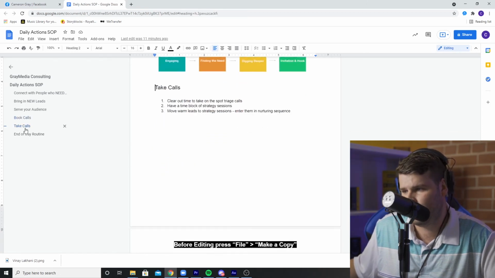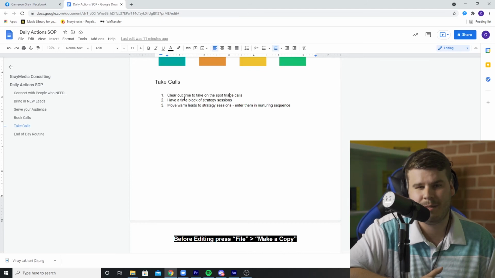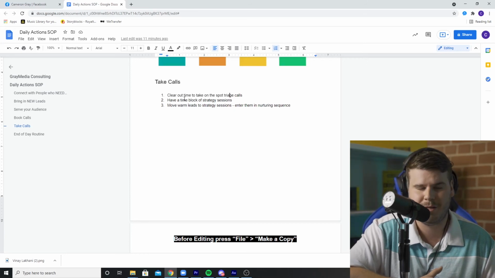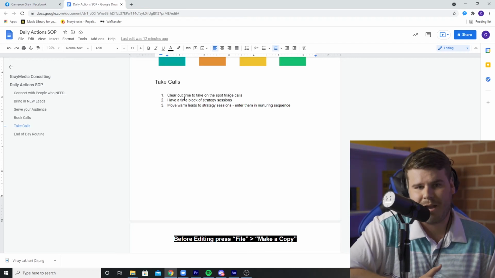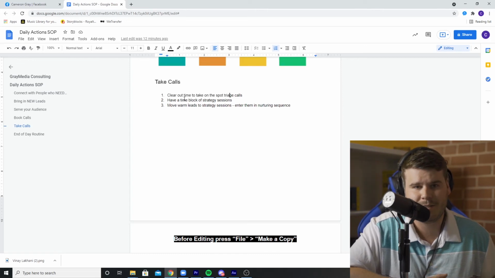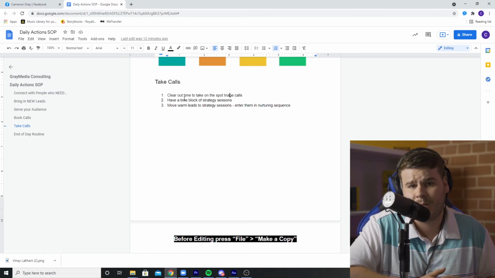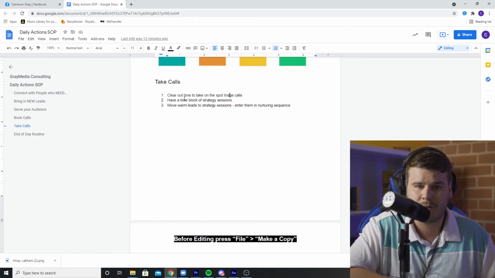Next thing you want to do on a regular basis is take calls. So make sure you're time blocking some time to be able to take triage calls. So that means like on the spot. Your triage is when you walk into a hospital and you want to talk to somebody and you want to get into the hospital. They're gonna ask those first questions to build the rapport with you. So you want to either have a VA who does this, an admin who does this, or yourself who does this. But take calls, answer those questions to see if you can turn them into anything. But these are going to be on the spot calls. These aren't booked calls. These are just on the spot.